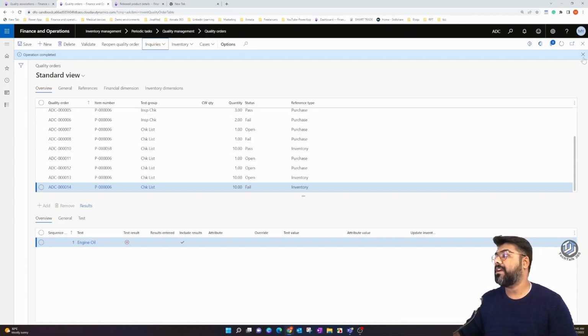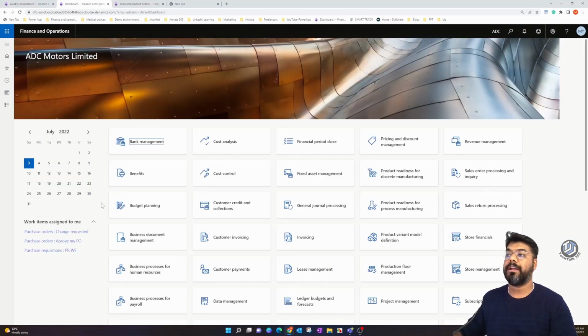So let's cover another scenario. Just like how we manually created the quality order, it is also possible to manually do an inventory blocking. So in this situation, forget about the concept of quality order. I just want to go a little deeper into the inventory blocking concept, because we are talking about quality order inventory blocking in today's episode. So for now, let's keep the quality order aside, and only see the inventory blocking a little more